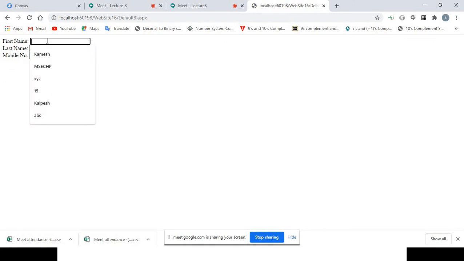Now if you press K, all the names starting with K will appear. Then suppose you type A, then L, so automatically that gets filtered. You select this one. Then suppose here I am typing P, A, and this is something like Patel.